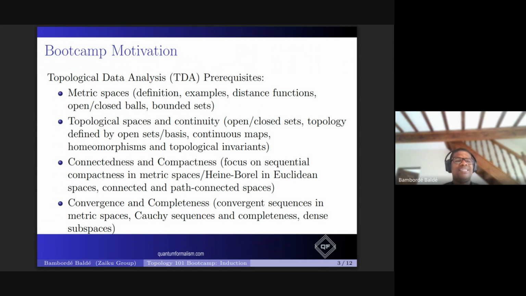So this is really the genesis for us doing this bootcamp. And this is great because I could step in and say, okay, I will do the topology prerequisite, so that way I also get to do lectures as well. So that's it really. That's the main motivation.